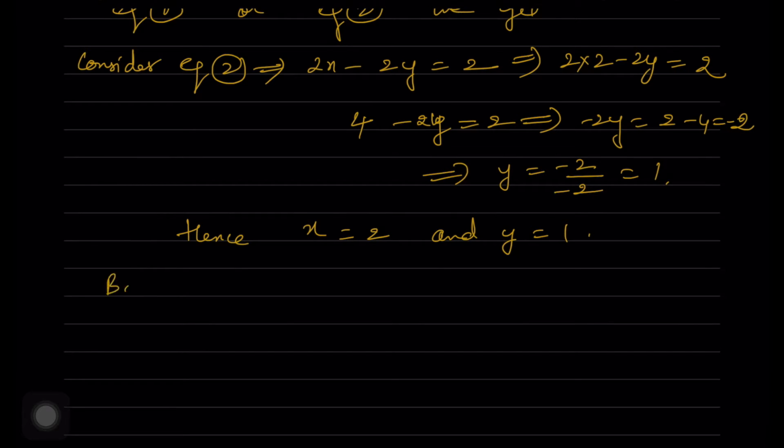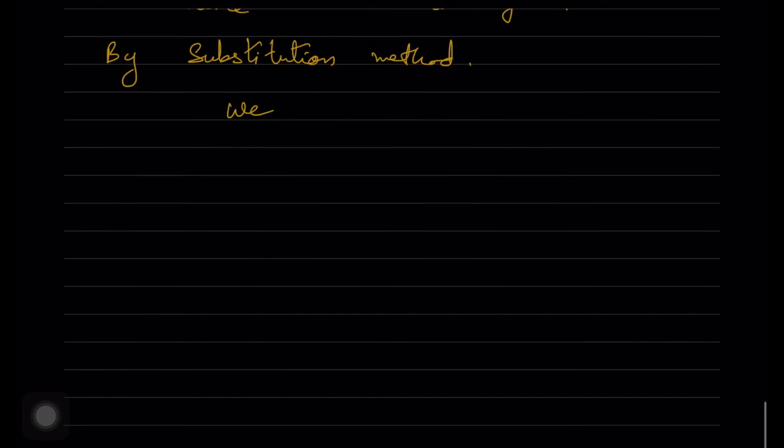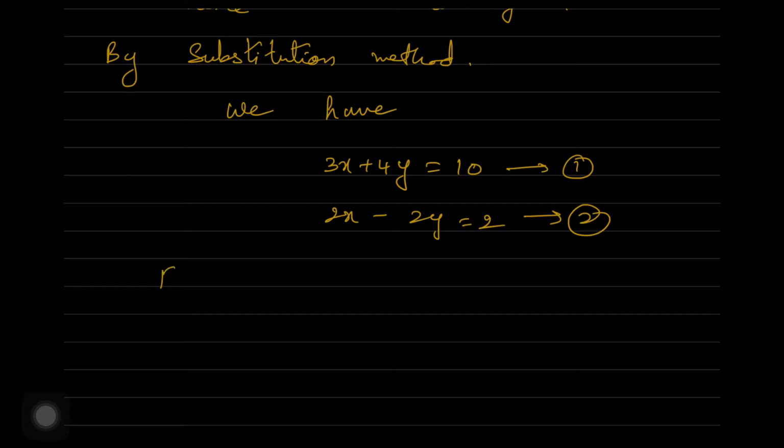Now by substitution method also we have to get the same answer. So by substitution method we consider both the equations. Again we write down what are the equations which we are having. 3x plus 4y is equal to 10 is the first equation. 2x minus 2y is equal to 2 is the second equation. So from 1 we have